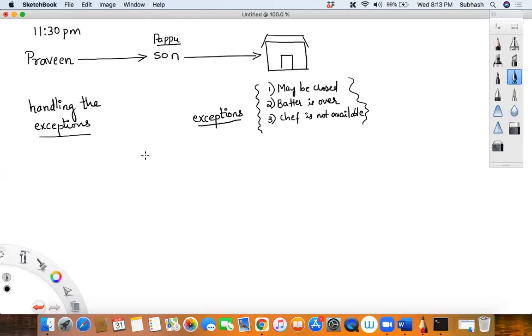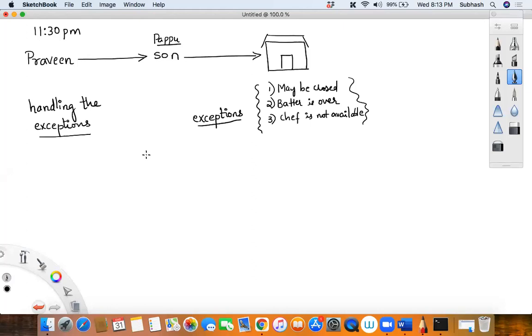And a runtime error is where there is no problem with the syntax, but your CPU is not ready to execute certain instructions because of illegal instructions, right? Say, for example, divide by zero or something like that. So they are called as runtime errors. And the third one is logical errors, where you have some problem with the logic. Everything is okay, but the logic that you have written is wrong, and that is why you're not getting the desired output. They are called as logical errors.